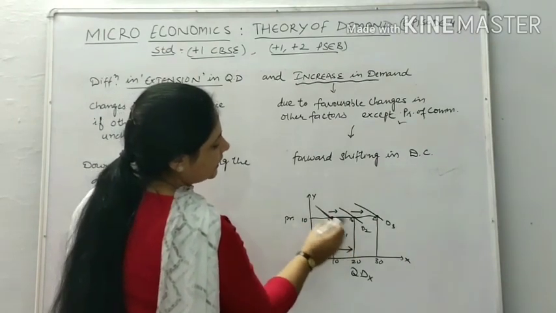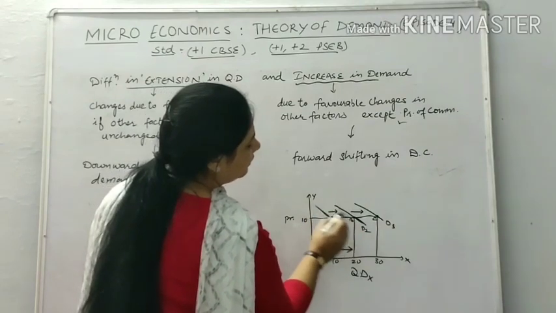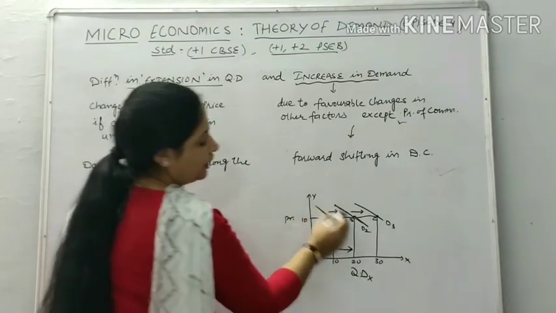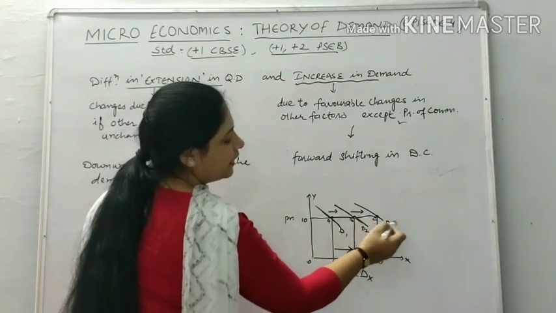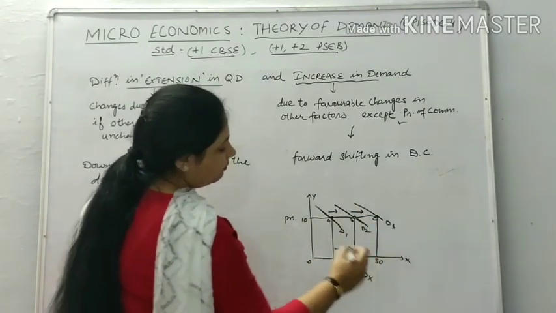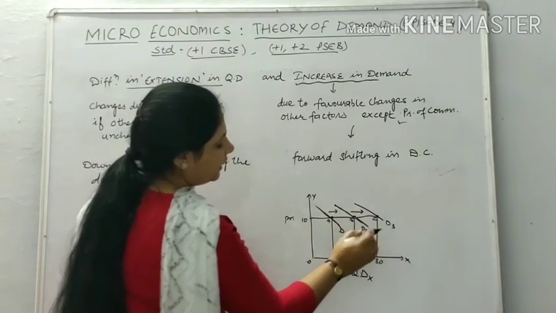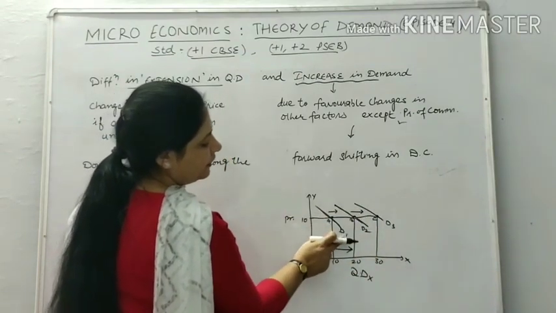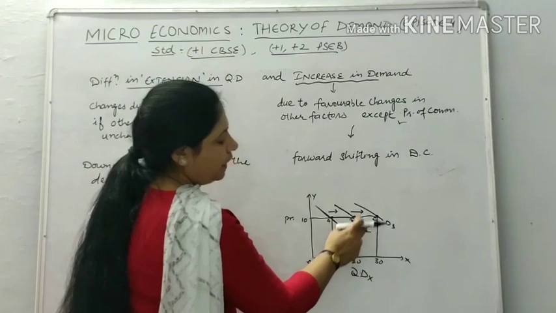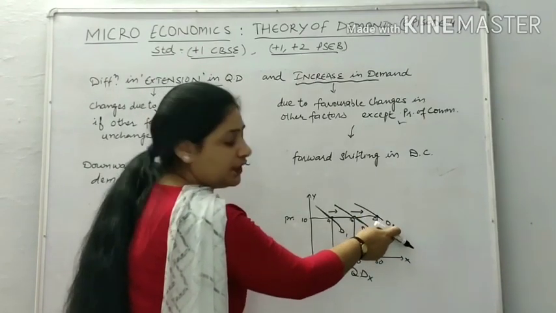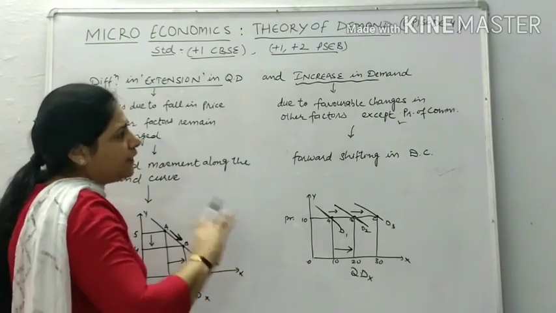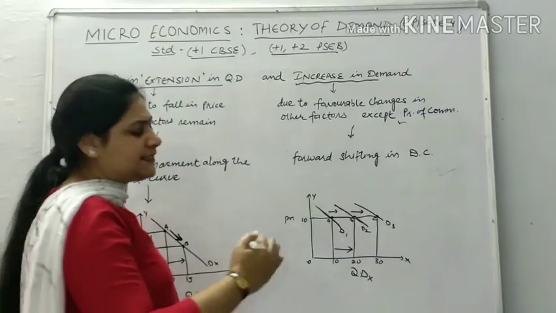Now his second stage is shown through point B, where demand curve D2 can be drawn, and here we are taking D3 through this condition. These three curves indicate an increase in demand. Increase in demand means demand increases from D1 to D2 and from D2 to D3, which is a forward shift in the demand curve. Different conditions can be shown through the same curve.